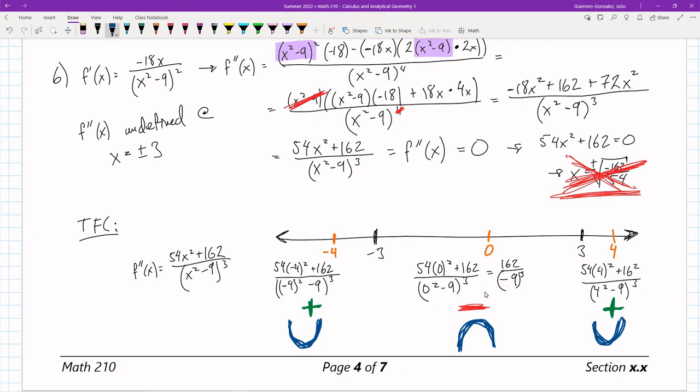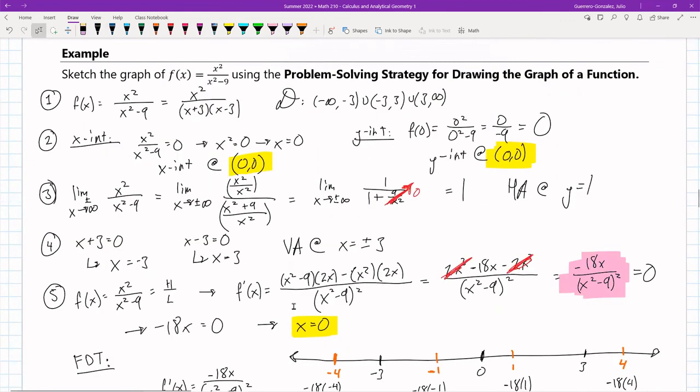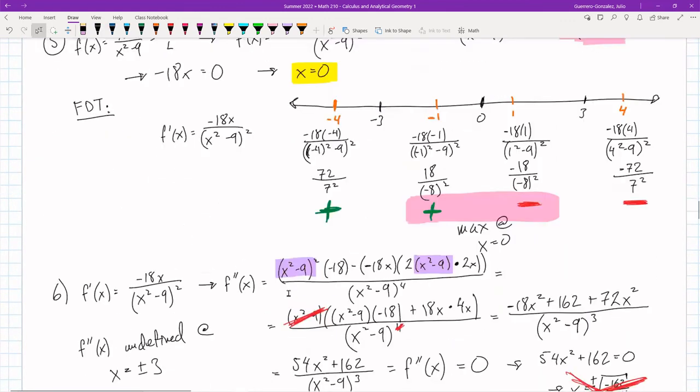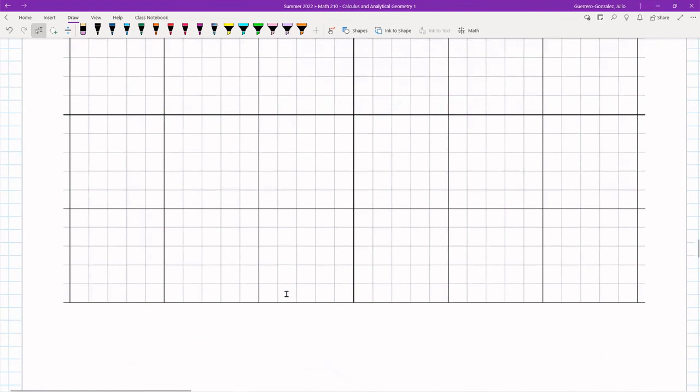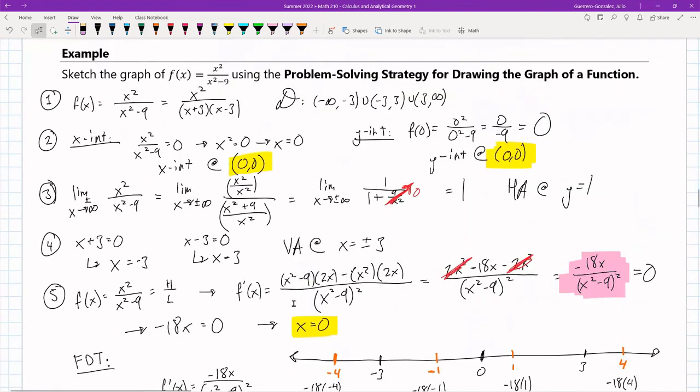Whew, that was a lot of work, wasn't it? Okay, so now what we're going to do is summarize all of this work into a graph. We're going to try to sketch it down here. I'm going to do 1 and 4 at the same time, right? Number 1 and number 4 tells me that my domain is going to be that right there, this right here,